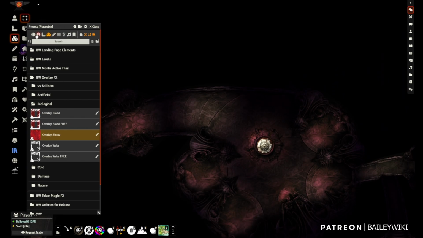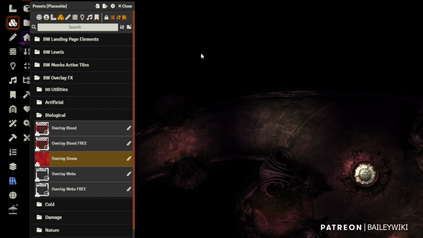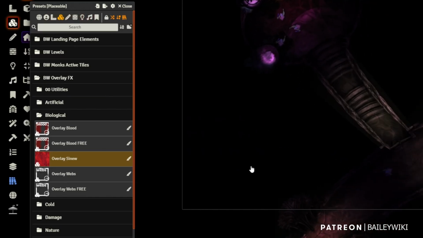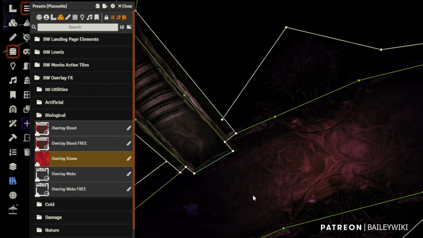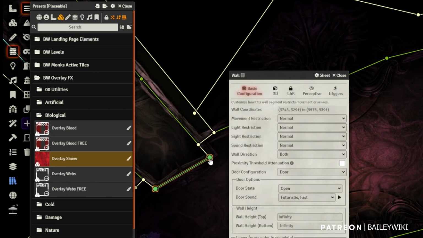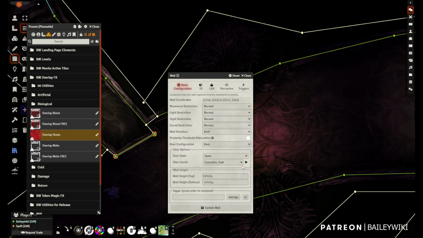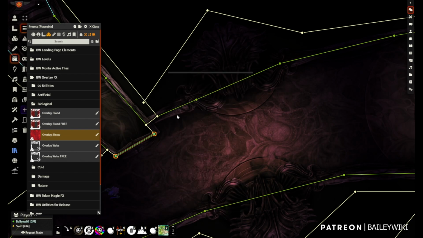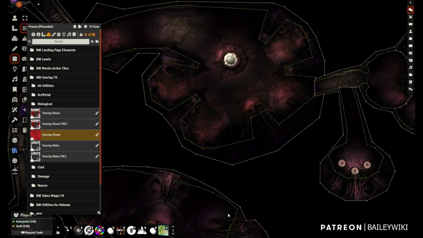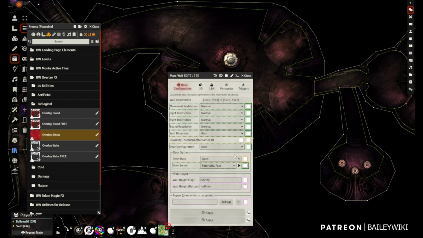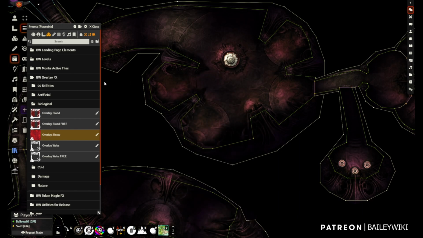But you can see you can have presets for every other kind of entity in the game. So let's keep going in our transformation and demonstrate some of these other ones. Now you heard that hydraulic sound just a second ago with that door. Let's look for other doors. We'll do Shift F to find, and we'll look for doors with this futuristic, fast sound effect to it. Now that they're all selected, see all my doors are selected,